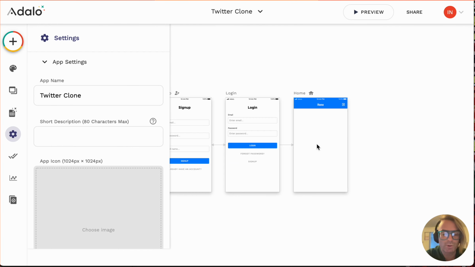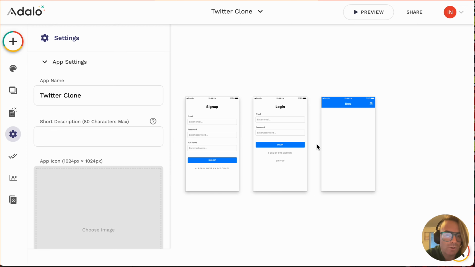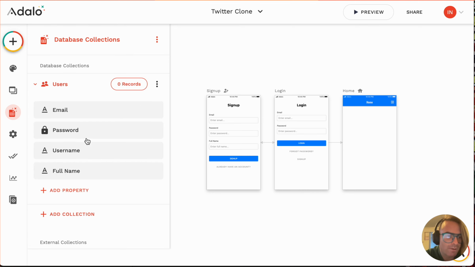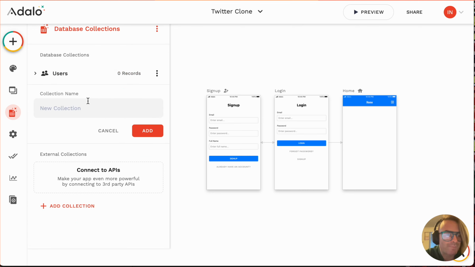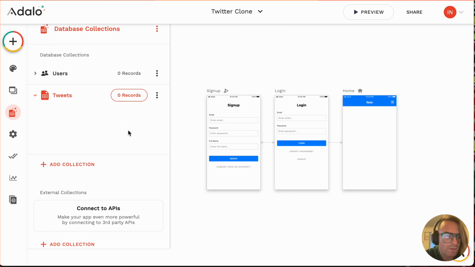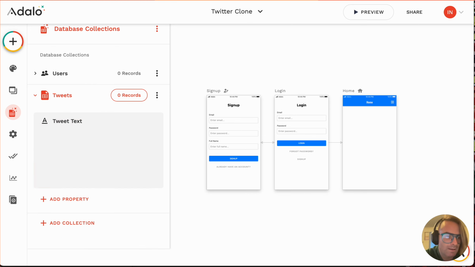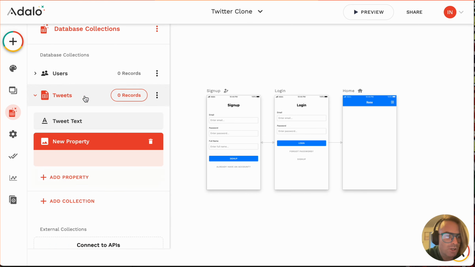So what is Twitter? Well, really, Twitter is just about users making tweets. So I usually like to start with setting up the database. We've already got our users pre-populated from Adalo. Thank you for that. So instead, we'll just do the tweets. And what is a tweet? Well, a tweet is the tweet text. It's an image,